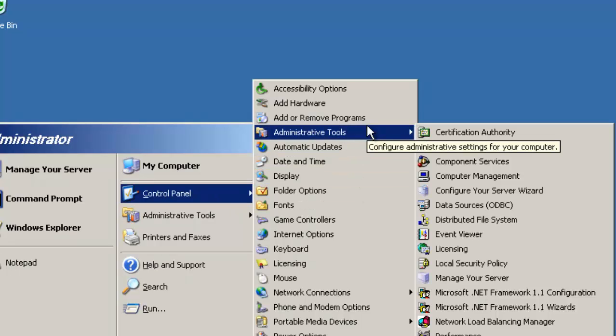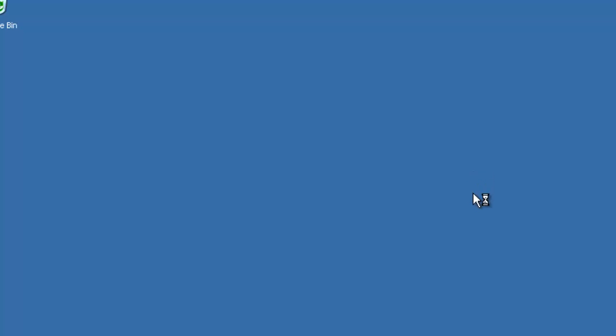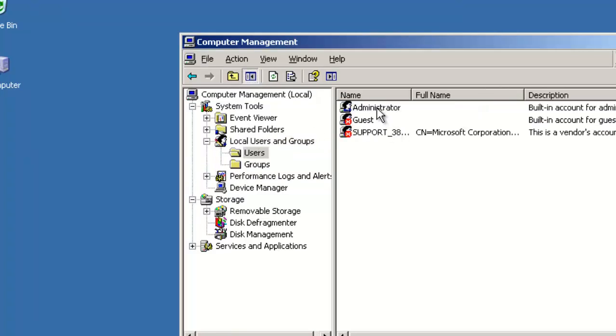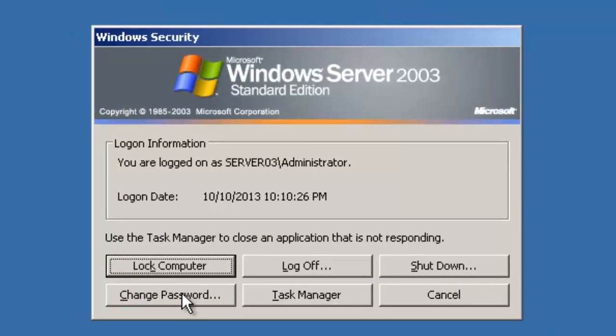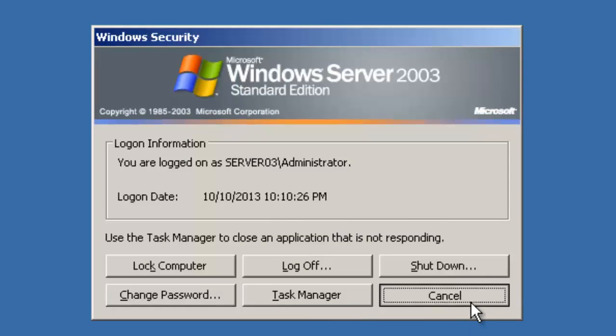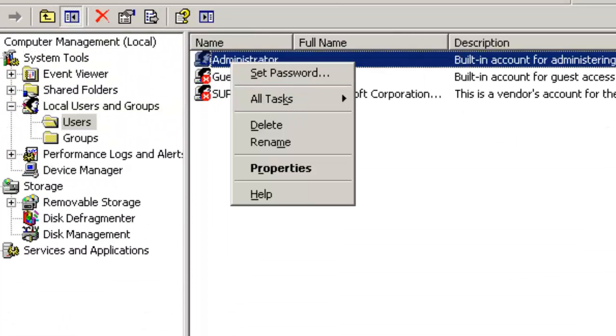Let me see if I can find Computer Management. So from here you're able to manage your computer. From Local Users and Groups, you go to Users, right click on Administrator and Set Password. It warns that resetting the password may cause problems, so you can follow the steps. Okay, what you want to do is change the password. So you don't have an old password, only a new password. I want to give 123123. You see your password has been changed. Okay, if you now go to Manage under Users and right click, you can still set the password, but